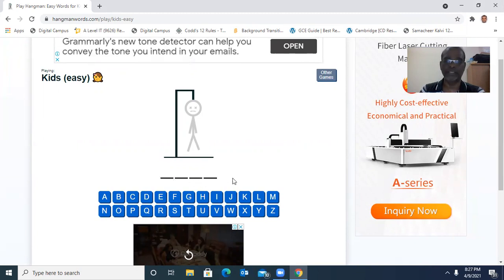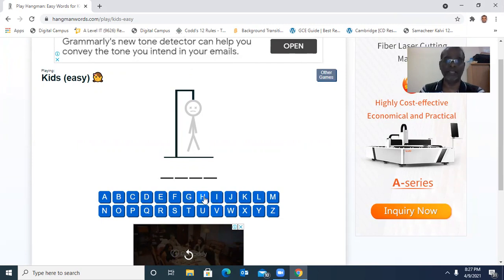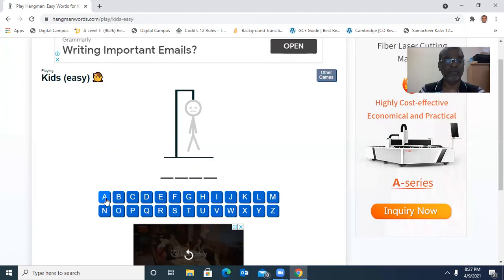There are 4 hyphens, so the guessed word has 4 alphabets. We don't have any other clues. So first, randomly, we select alphabet A. Out of these keys A to Z, we have to select any one key. If the pressed alphabet is available in the guess word, the character will be displayed in the correct place.